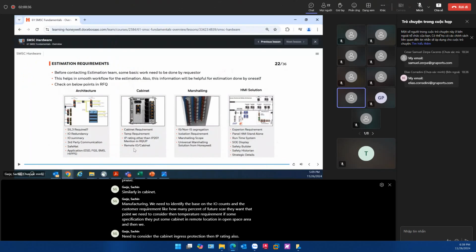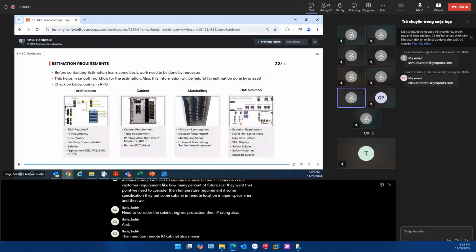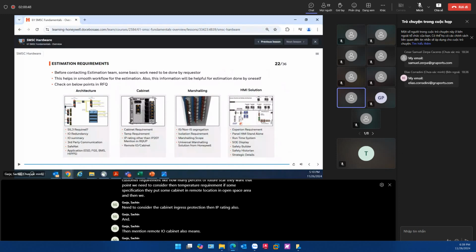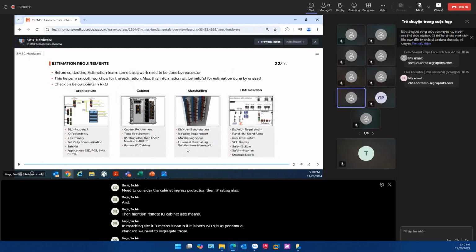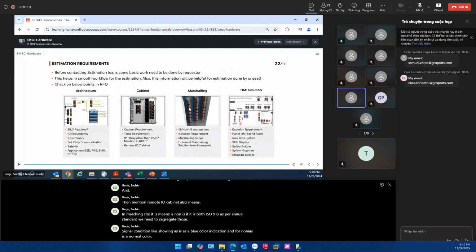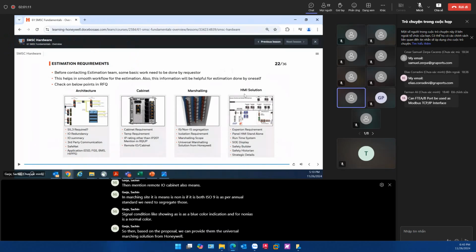Then mention remote IO cabinet also, meaning at the marshalling site whether it is IS or non-IS. If it is both IS and non-IS, as per Honeywell standard we need to segregate those signal conditions, like showing IS with a blue color indication, and non-IS with a normal color. Then based on the proposal, we can provide them the universal marshalling solution from Honeywell. This one is a new feature that came. Then HMI solution,